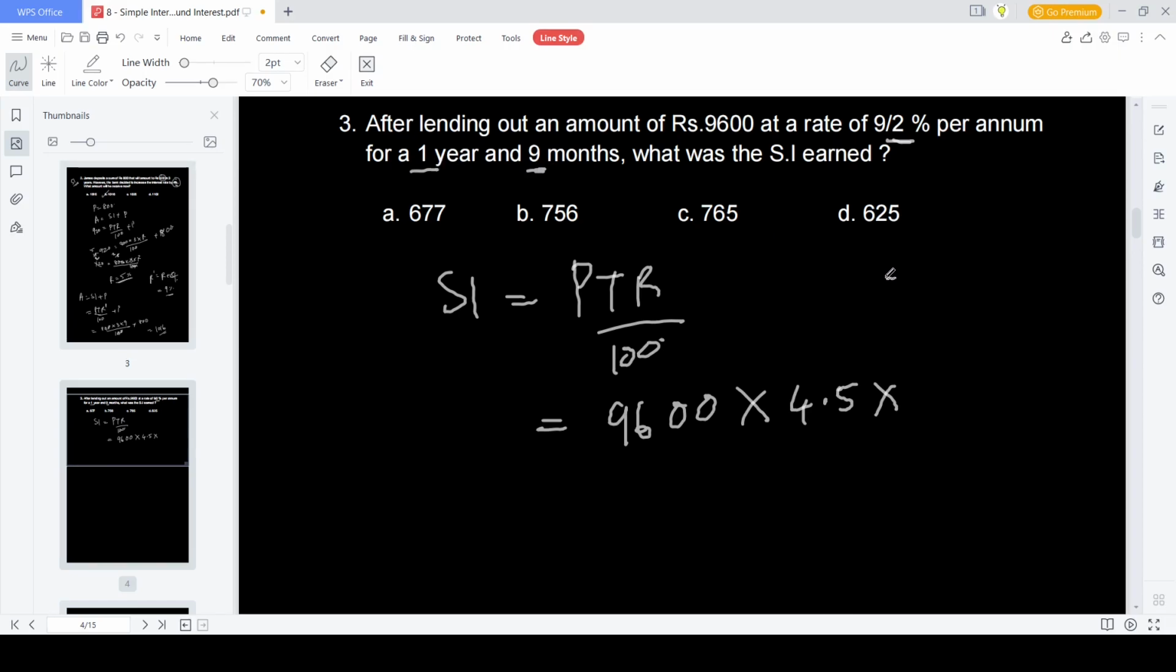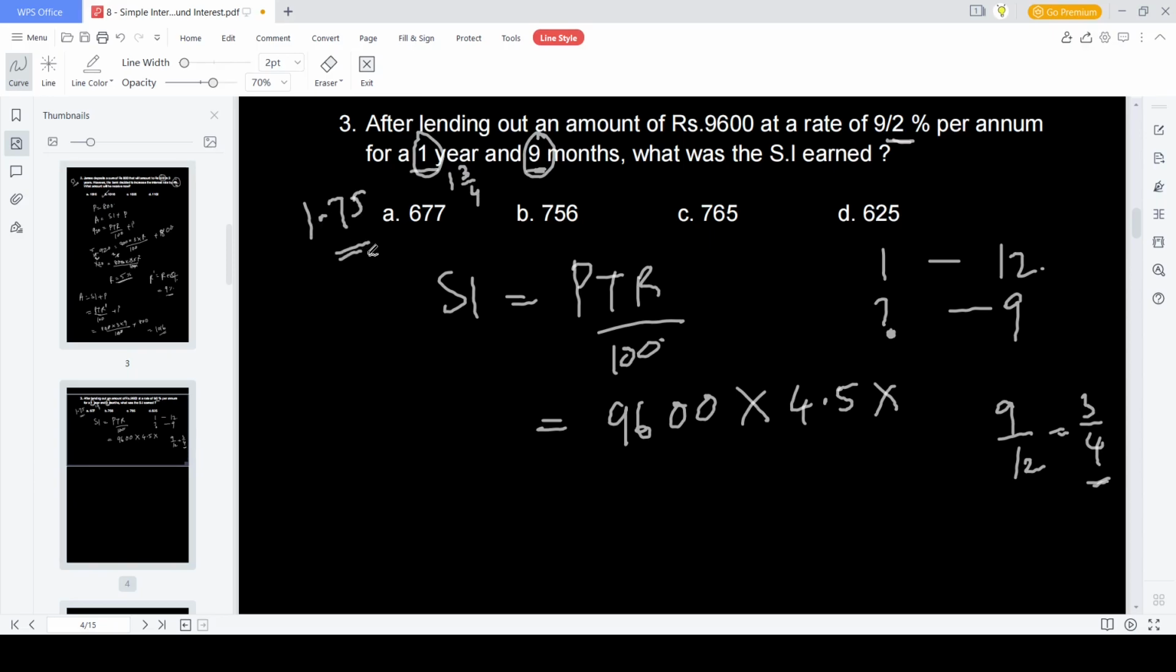If 1 year is 12 months, then we have to calculate how much of a year 9 months is. So 9 months becomes 9 by 12th of a year, that is nothing but 3 by 4th of a year. So 1 year and 9 months will be 1 and 3 by 4, that is nothing but 1.75 of a year. So it's 1 year and 3 quarters of a year. Using that, we will write this as